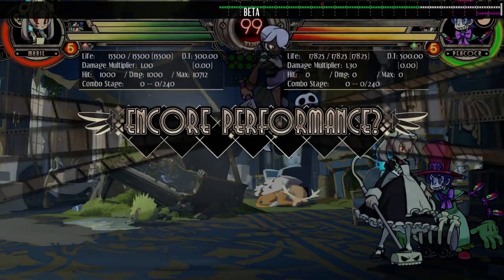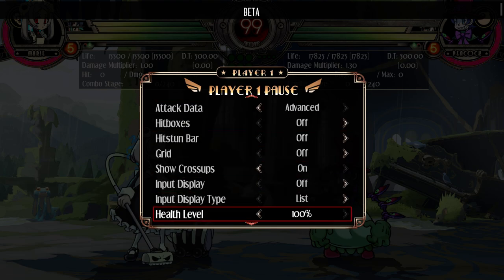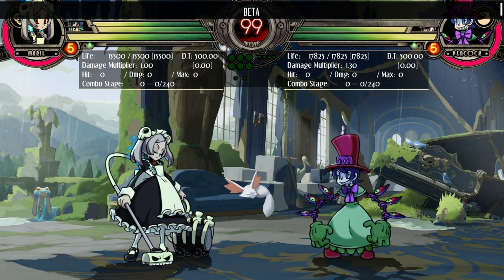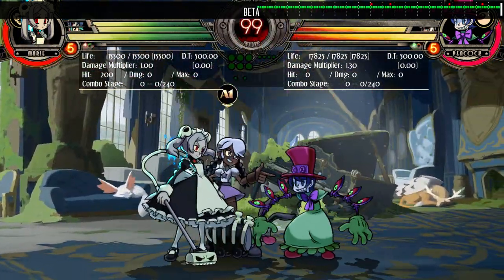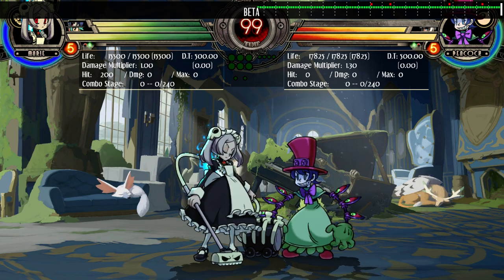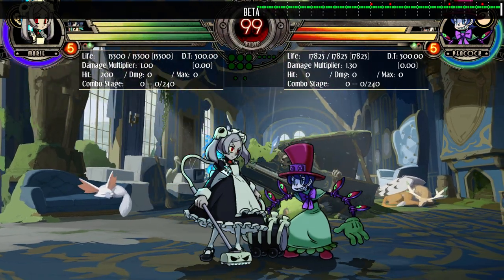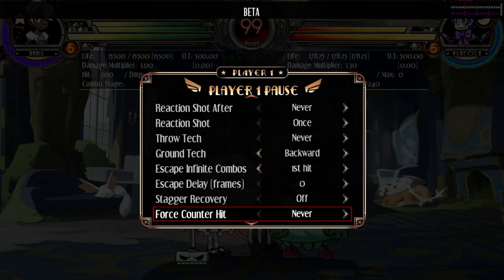So if we go back to mid-screen, and we force her to block. Yeah, okay, so that makes sense. It'll always stay on one side. Once Annie is airborne, her hitbox size is reduced. So it's harder to anti-air with this assist. And finally,